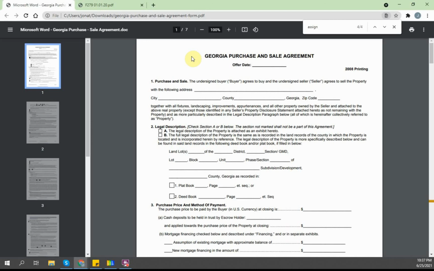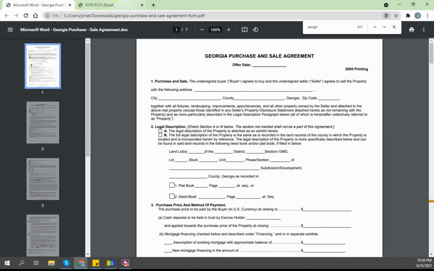Anyway, this contract is assignable, and it's the same contract realtors use to get their properties under contract. They don't do the same kind of transactions that we do, but if they have a property listed and find a buyer, this is the same contract they send their buyers.